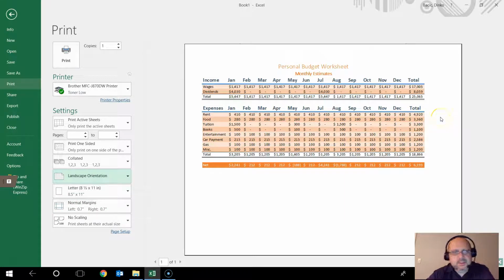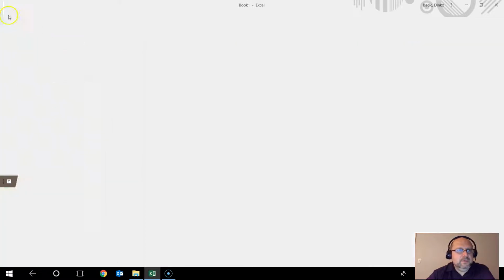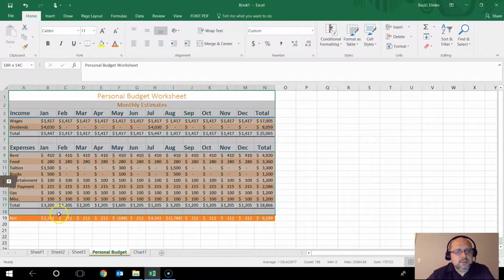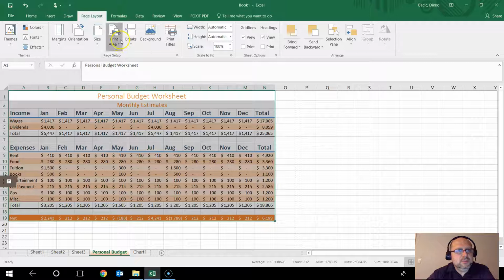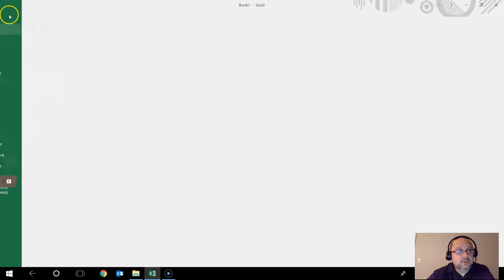It happens to fit. If it doesn't, you can always select one and one here in terms of the length and the width, and that will force it as well if you want to do it like that. And now it's ready for printing. If you go back, you can also do a selection like this, and if you go to Page Layout, Print Area, and then Set Print Area, what it's going to do is, see here, change this range, it's print area. So if I click here, you select print area, it's going to select it. And now when you go in and print,